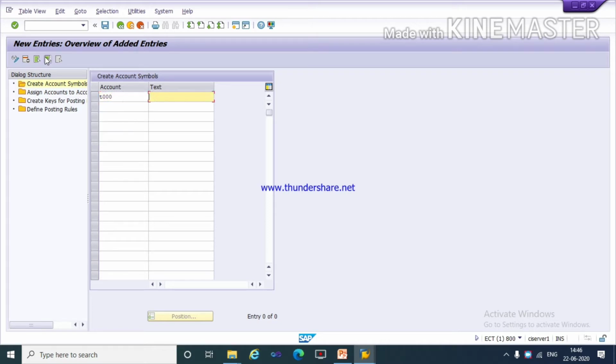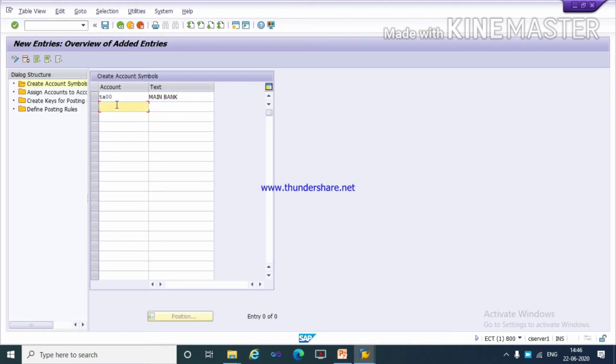Here we will create the account symbols, like T000 for main bank. I am giving TA000 here because it already exists. TA00 for main bank.